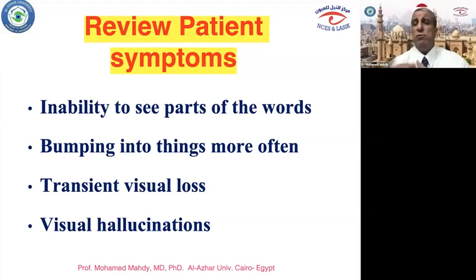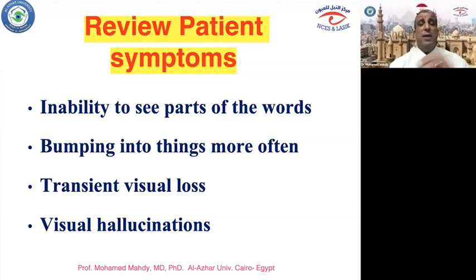Transient visual field loss and visual hallucination are very important symptoms, and we have to listen to the patient. And it's very important to know, is this patient progressing or stable? Stable patients usually don't miss words more often and don't bump into things more than previously,